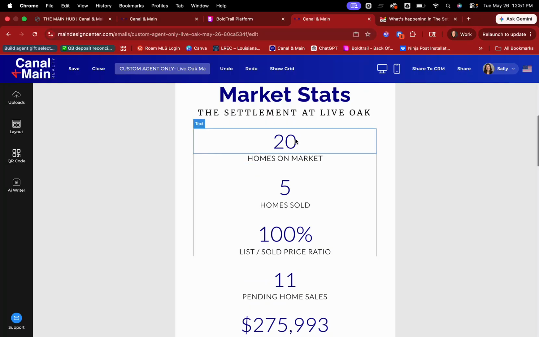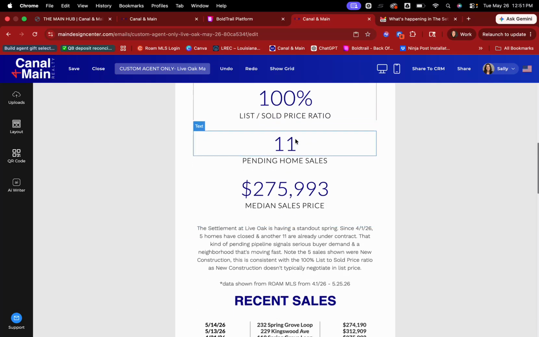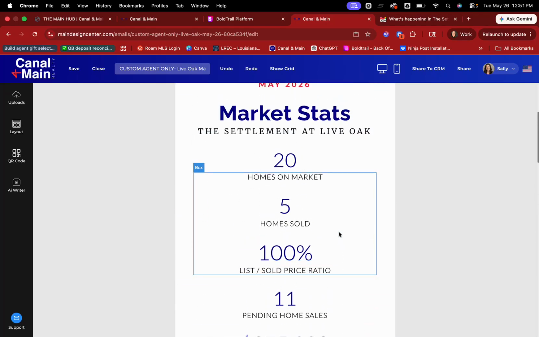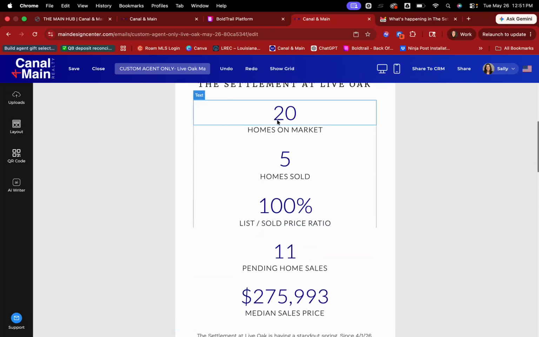This was something we talked about during the meeting today. So this is accurate, live, and ready for you to go. Right now, we added data shown from Rome MLS from April 1st to May 25th, which is what this data is good for. These, again, if you didn't hear me talk about it during the meeting, are numbers that